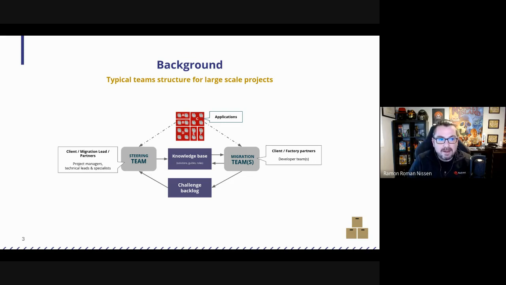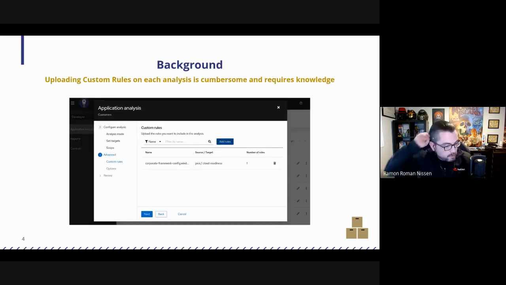So with that being said, usually these migration leads, the steering team, the adoption team, put together a series of tooling or tools or things that need to be done. And one key aspect of that is making sure that these tools can be leveraged by the migration teams with the least friction possible. So based on that spirit, we got reports from the field, from a series of projects